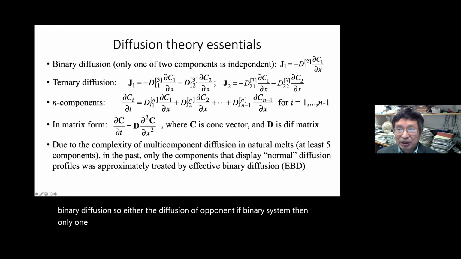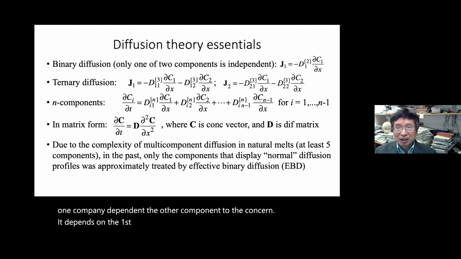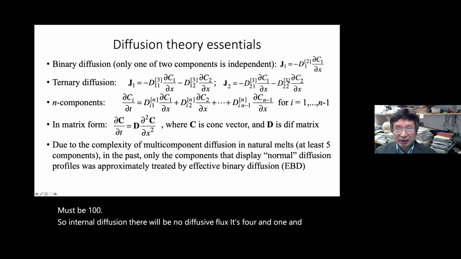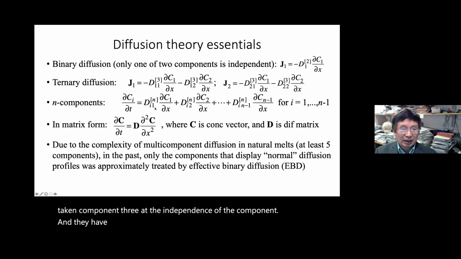The concentration of the other component depends on the first component, because the summation of the concentrations of the two components must be 100. So in ternary diffusion, there will be two diffusive fluxes for components 1 and 2, taking component 3 as the dependent component. And if there are n components in the system,